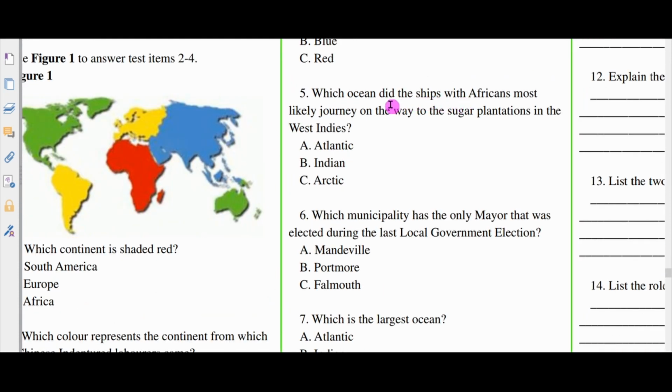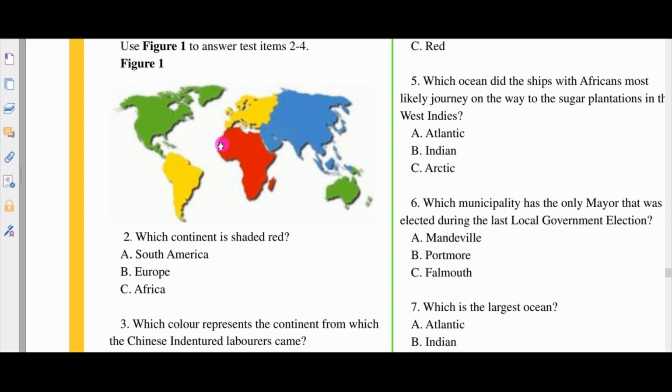Number 5, which ocean did the ships with Africans most likely journey on the way to the sugar plantations in the West Indies? Would it be the Atlantic, the Indian, or the Arctic? So let's go back. So if this is Africa, generally speaking, and most of our ancestors would have come from Western Africa, right? So the Caribbean has mostly Africans, so most of them would have come from Western Africa. So the ocean between Africa and the Americas, because slaves came to North America, Central and South America, so it would be the Atlantic Ocean. All right,